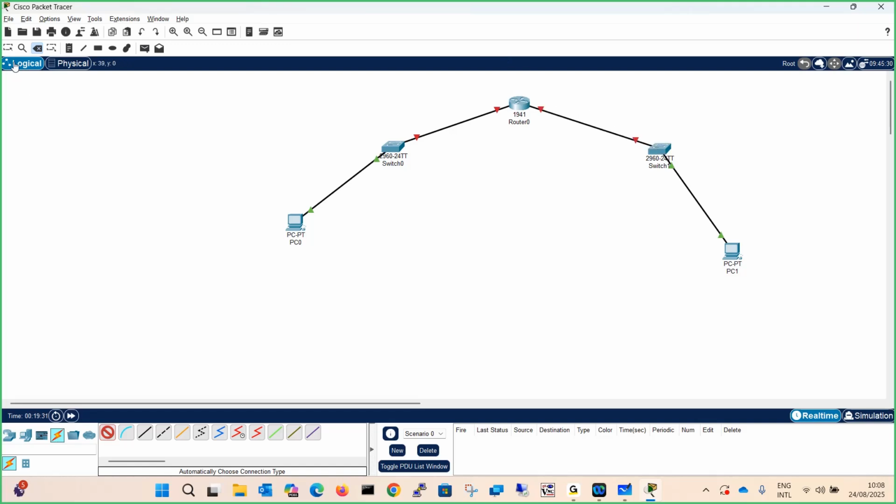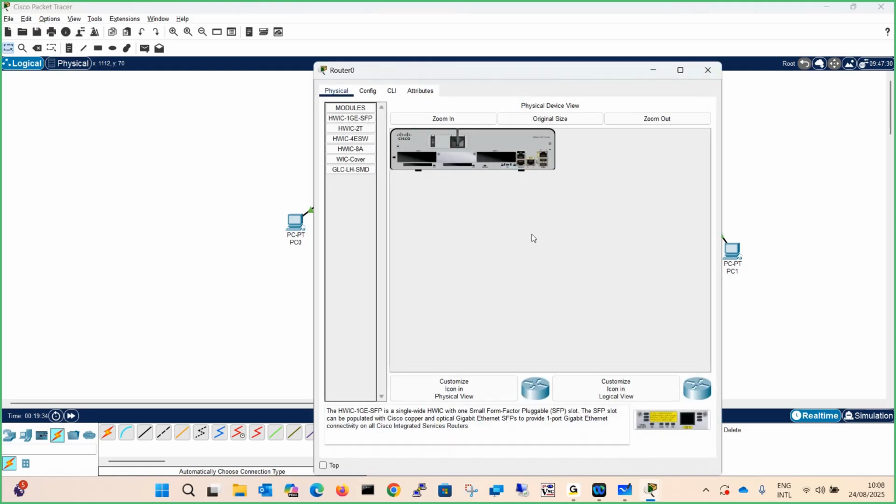So since this is a router, we need to power it on. Just drag this and put it over here, and it should power on now.